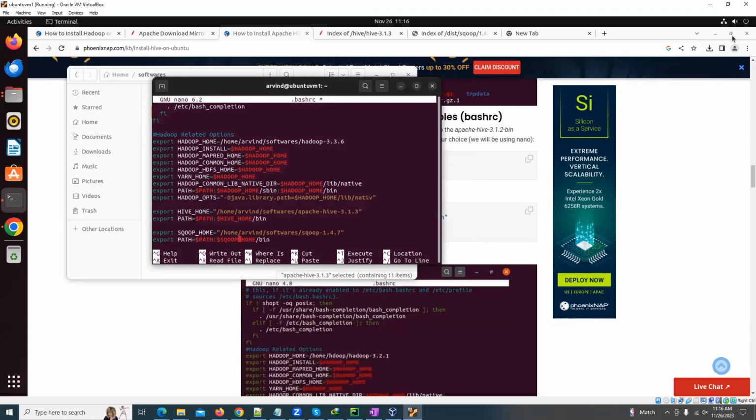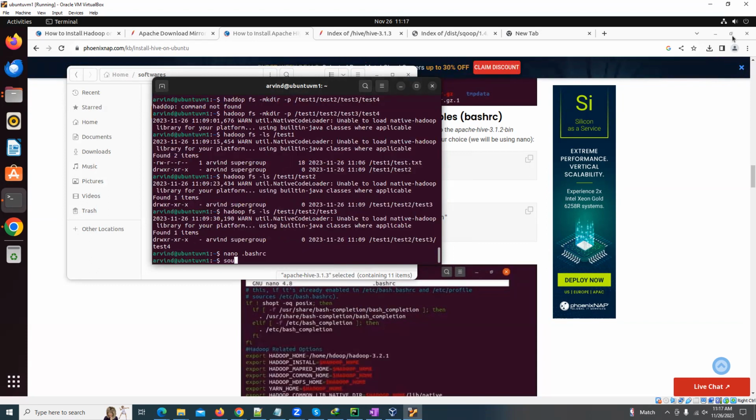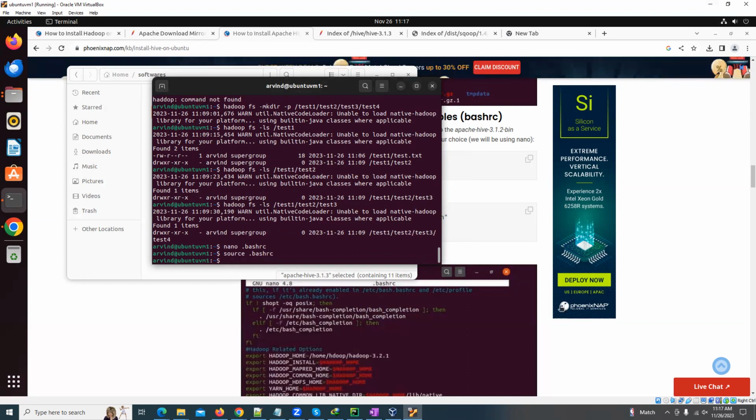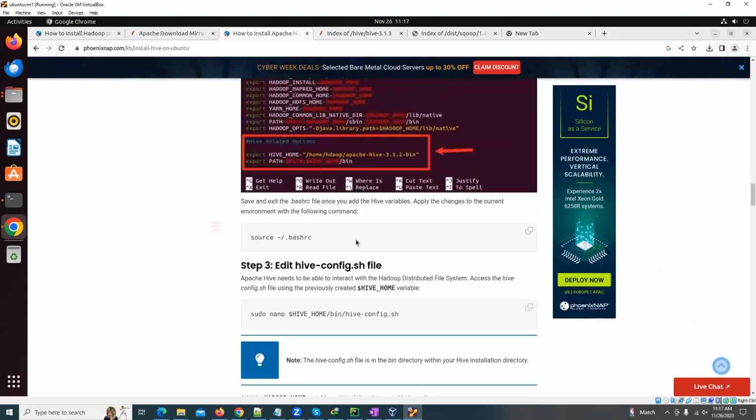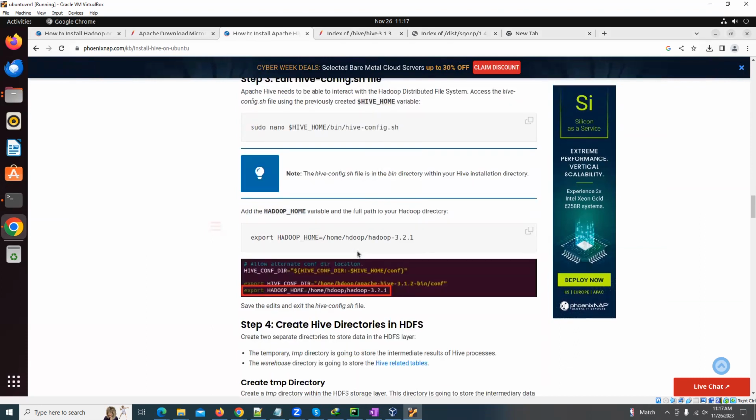And everything is good. So I could just verify that my home path should be correct and the bin path also should be correct. Okay. Control X, Shift Y, enter, and then run the source command to apply the changes. And once this is done, this part we have done. So next is